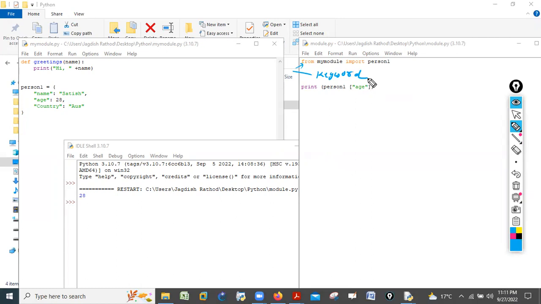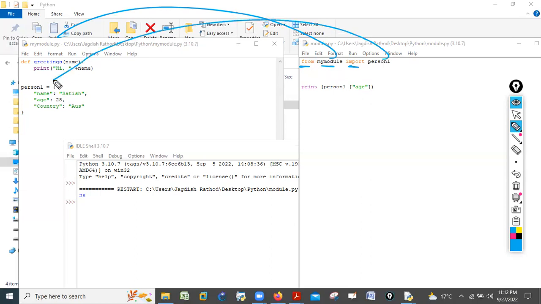When importing using the from keyword, do not use the module name when referring to elements in the module. What I am saying is, when importing using from, so here I'm using the keyword from, from my module, import the person one.